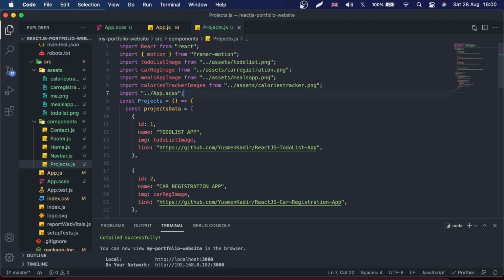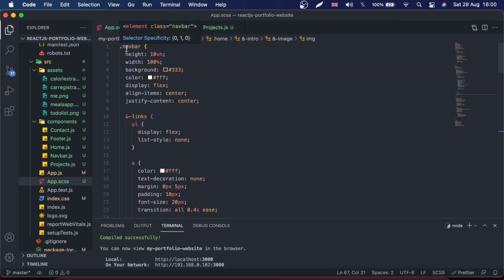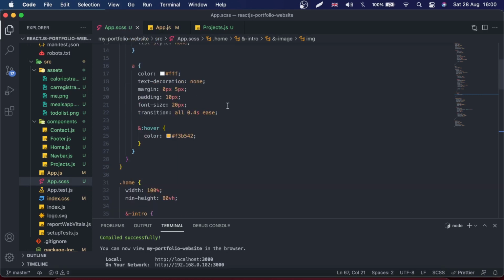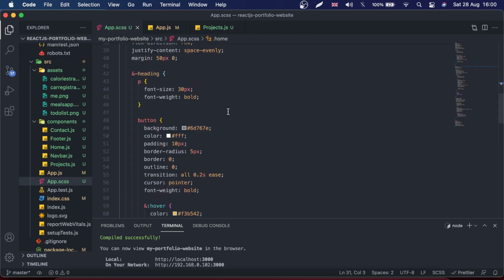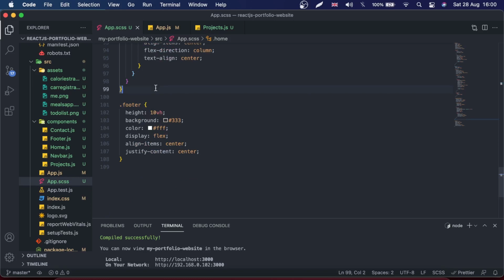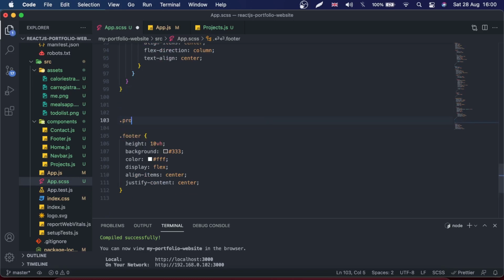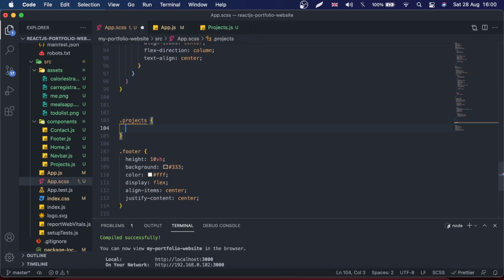Hit save, go to app.css, and here we can start styling the projects section. Okay, home is ending right here. So I can say projects, and the projects will be with the width of 100%,